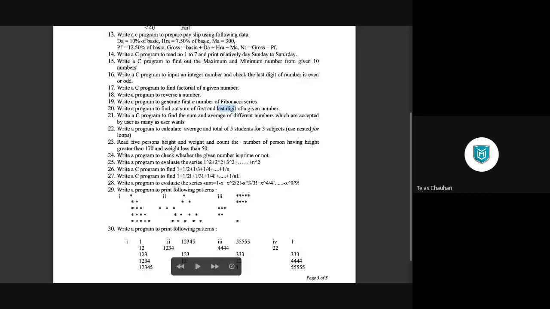What remains at last will be the first digit. So you have the first digit, you have the last digit. Simply sum it up and print it. So the 20th program is very simple. You can do it by yourself.